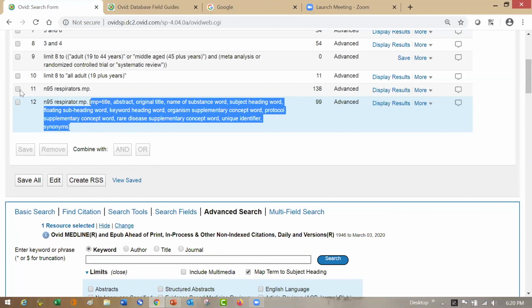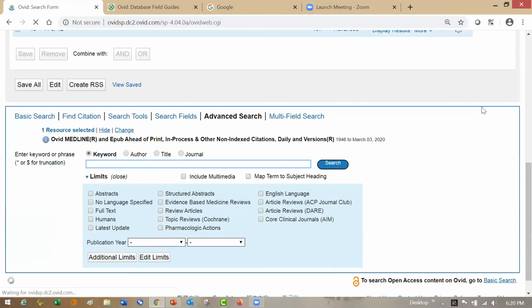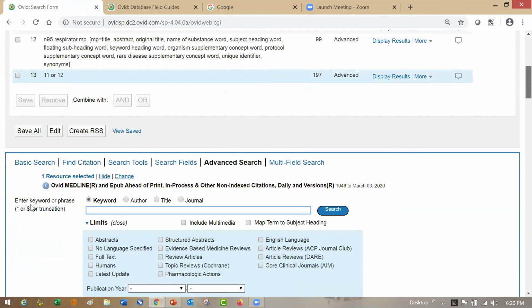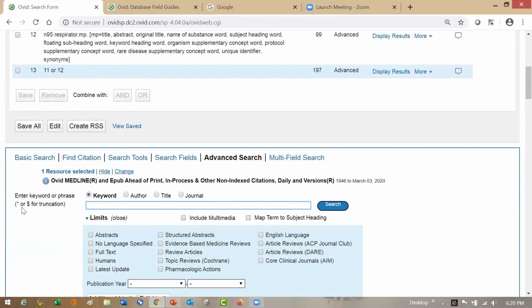If I put those together and I use OR, I can see where either of those two options have been used. Respirator, respirators. But if I look on the side of the page just here, it's going to help me